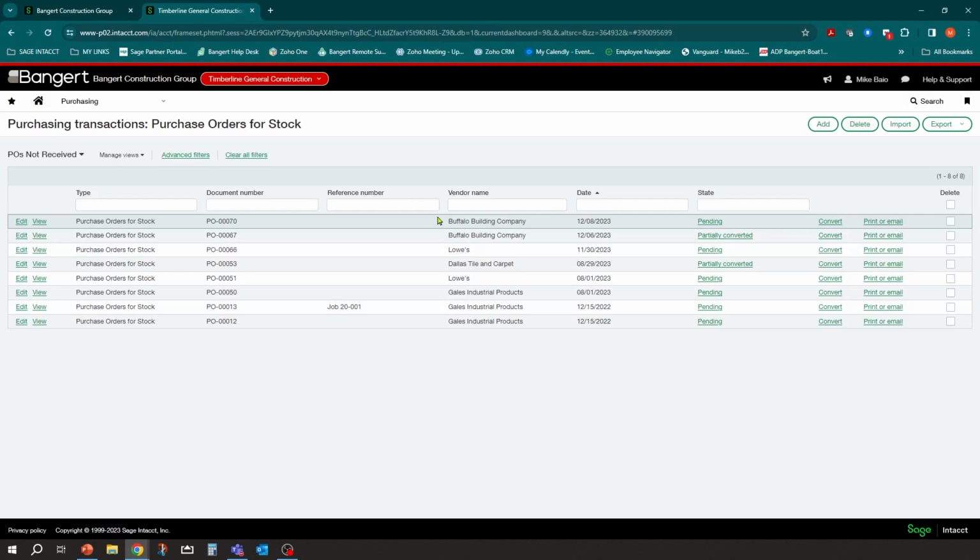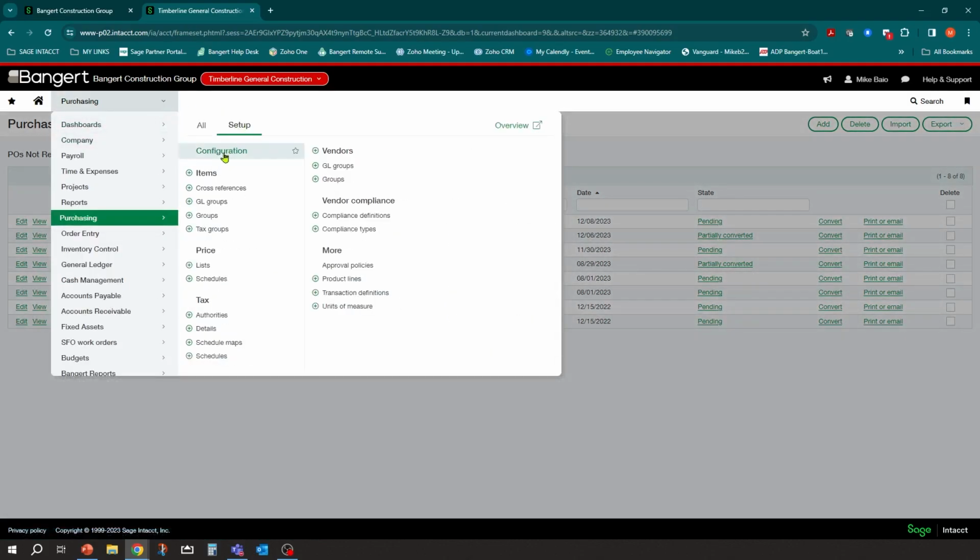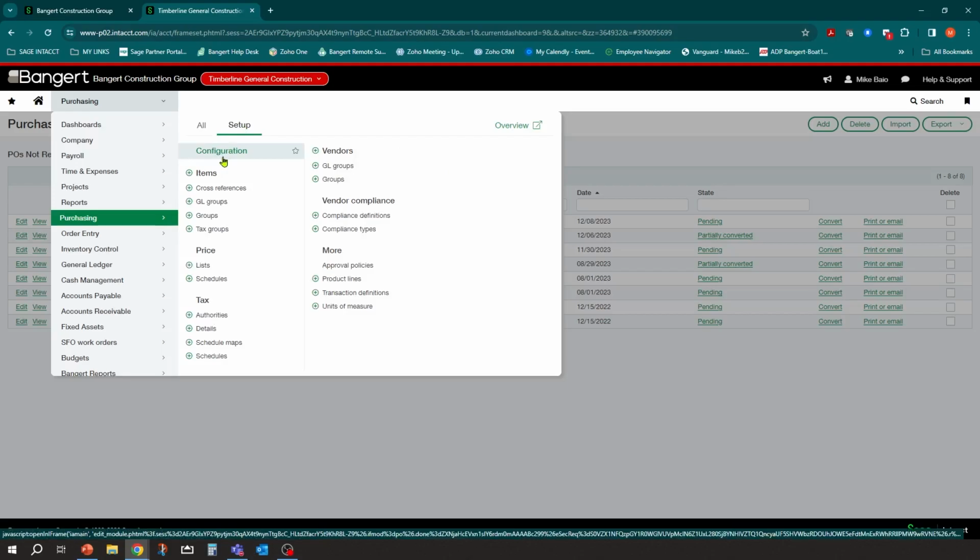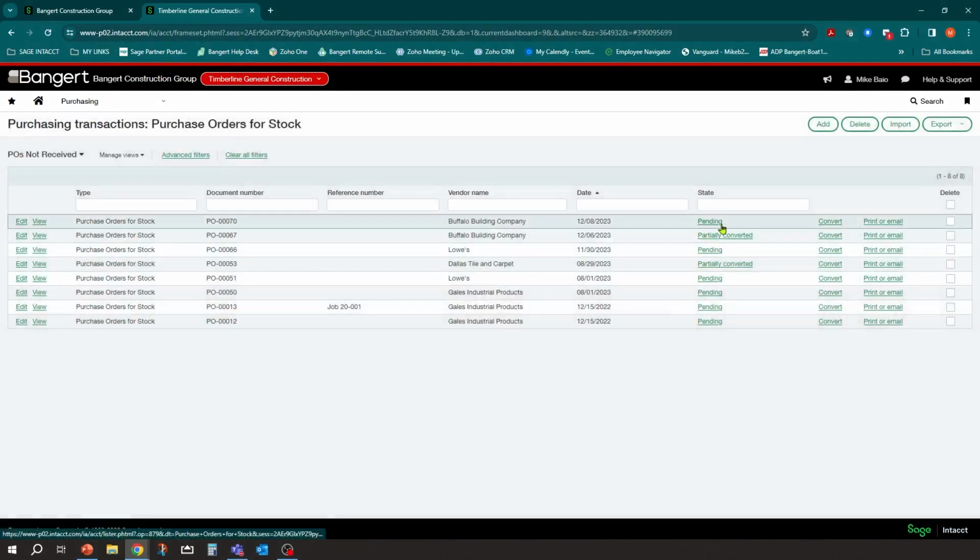So if you have approvals turned on in your configuration, so in purchasing and setup configurations, I would want to turn on approvals for my POs. Then instead of it saying pending there, it'll say we're waiting approval. And the person in charge of going through that approval will get an email notification and a place where they can go in and approve that. In this scenario, we do not have approvals turned on. That is a purchase order.